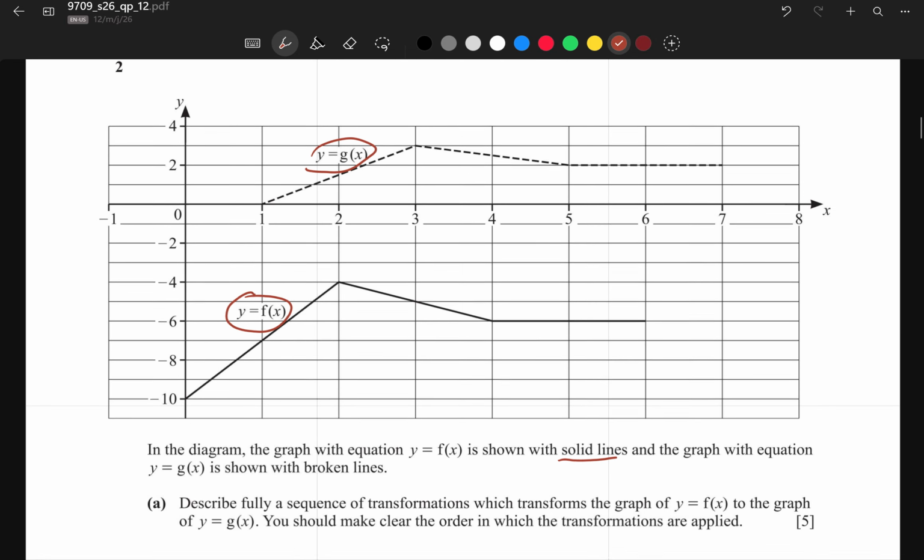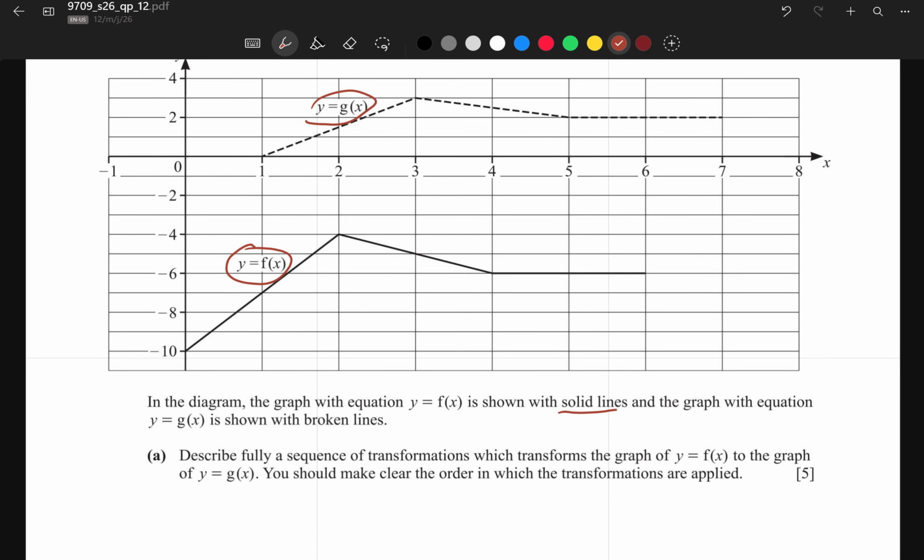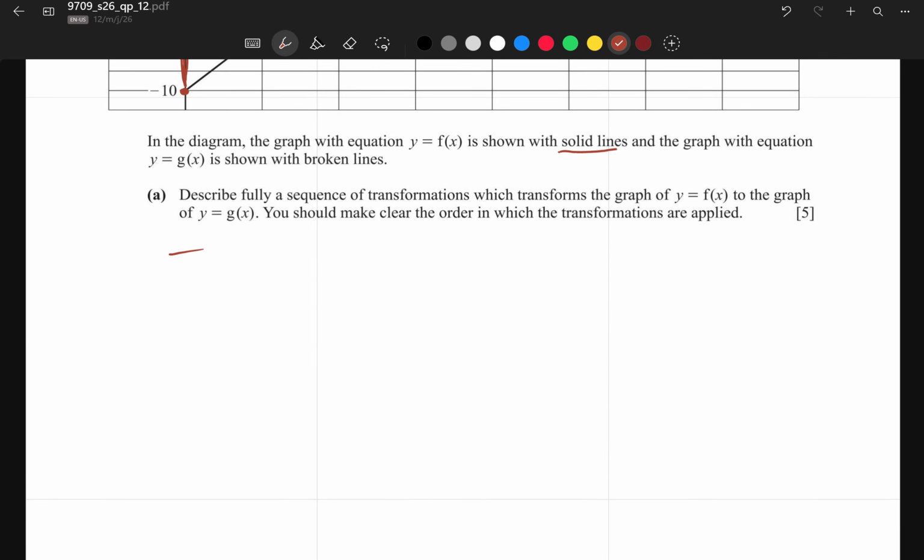Now there are two methods to solve this. Either you can say, first of all, this graph is starting from y is equal to 10 and this is starting from y is equal to 0. So there is a 10 units shift vertically, the translation of 10 units, and this is starting from x is equal to 0, this is starting from x is equal to 1. So there is also 1 unit shift towards the right. You can write translation